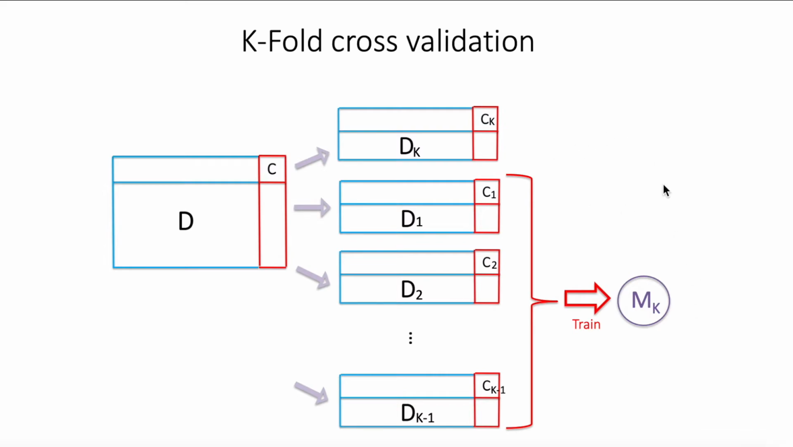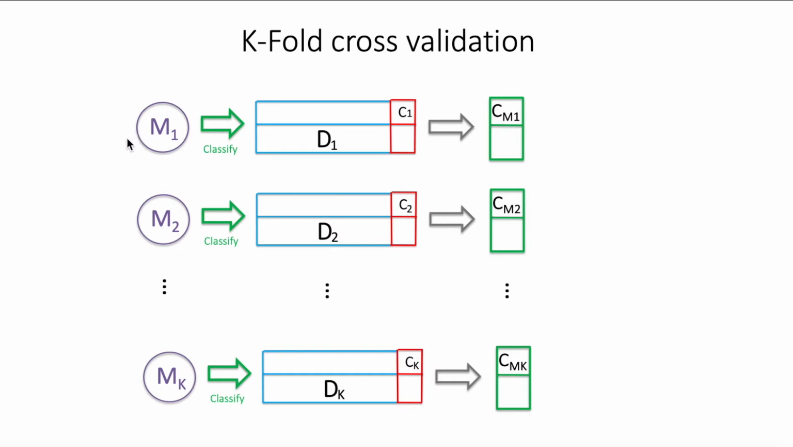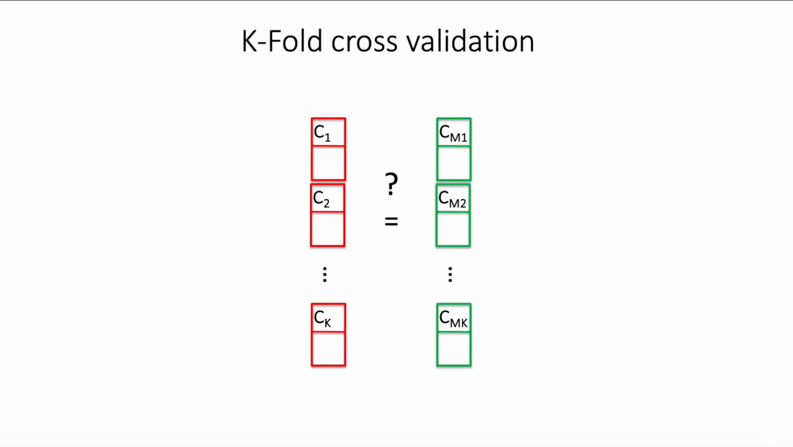So why do we do that? Because then we use every model and make a prediction or classification over the fold that was excluded, right? So for M1, we make a classification over the fold D1 and we create the prediction column. We call it CM1, right? And we do the same with M2. We make the classification over the fold D2 and we have the prediction here. And then for Mk, we make a classification over the fold Dk and we create the prediction column. So finally, we put those columns together and we are ready to obtain error indicators that we are going to